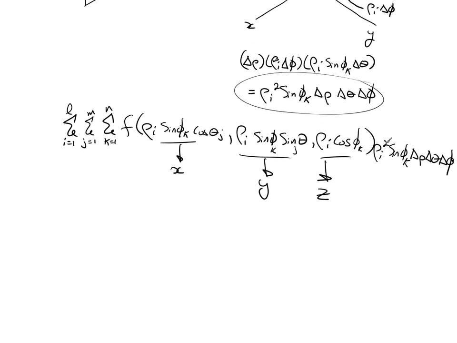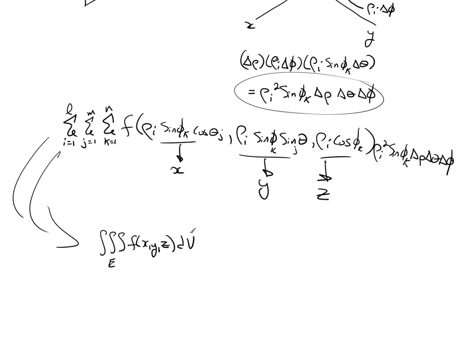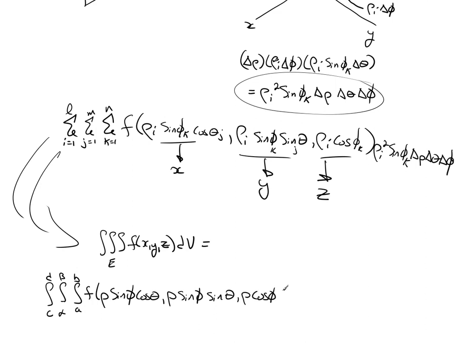Now, obviously, when we take it in the limit, this will actually bring us to the formula for a triple integral in spherical coordinates, which is the triple integral over E of f of x, y, z dV is equal to the integral from c to d, the integral from alpha to beta, the integral from a to b of f of rho sine phi cosine theta, rho sine phi sine theta, rho cosine phi, times rho squared d rho d theta d phi,